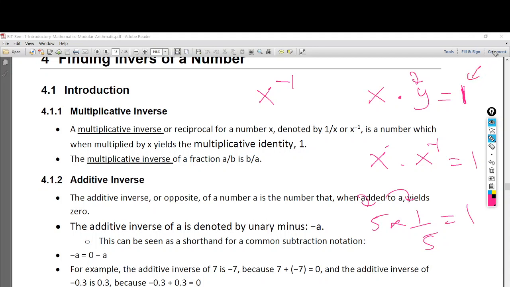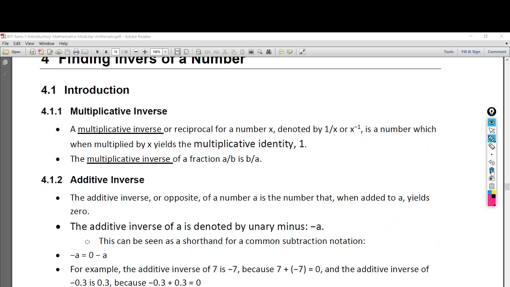These terms are really important. Again, if you multiply a number by another number and get the multiplicative identity, which is 1,